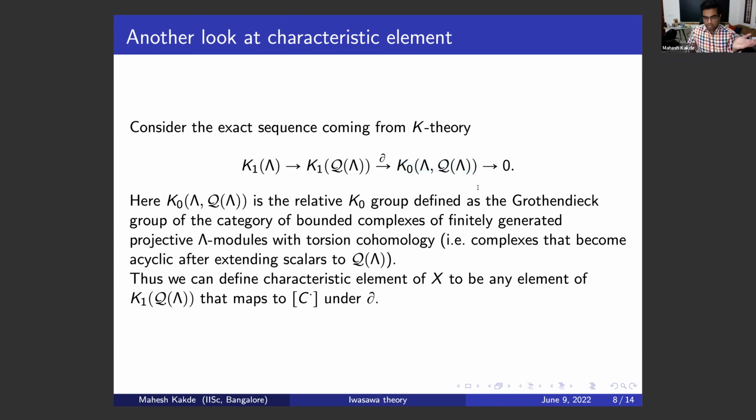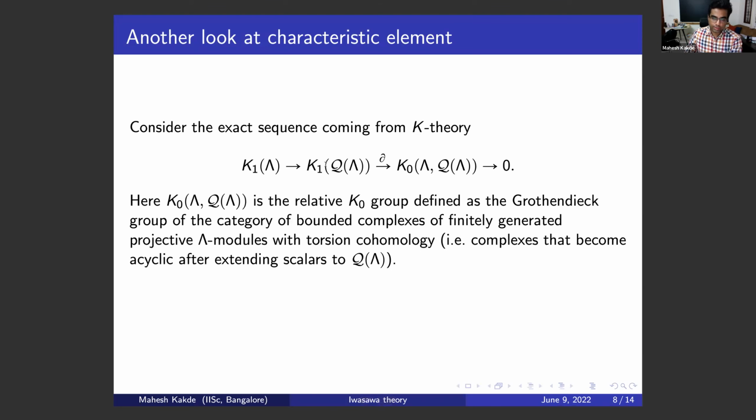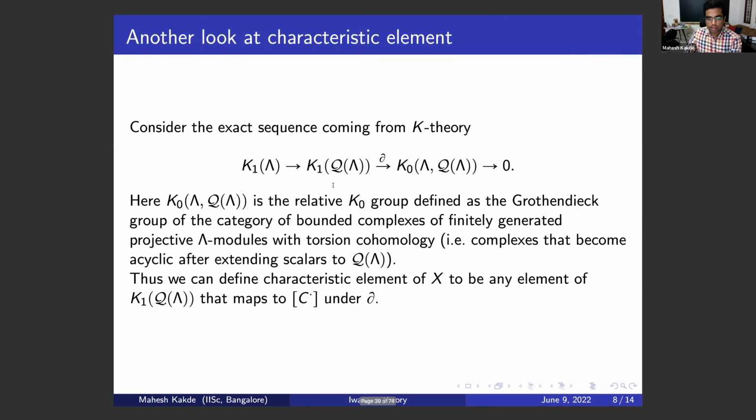Okay, so this short exact sequence is encapsulating everything that is said on this slide. Okay, that's it. So any element in K1 of Q lambda that maps to the class of C is called a characteristic element of this complex C, or if this is the resolution of X, then of X itself. All right. So now we have removed any structure theory, and we can actually do